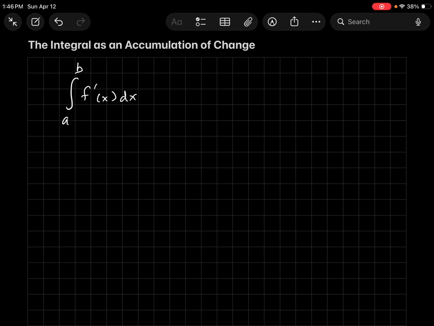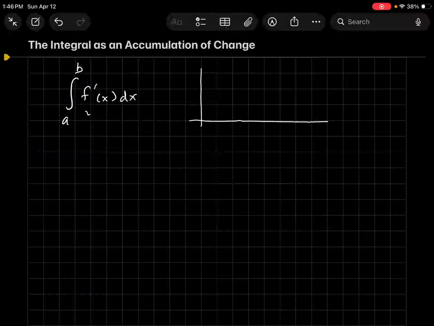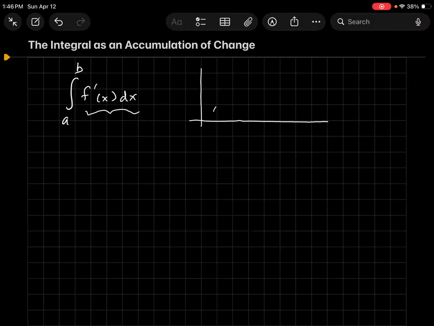The integral as an accumulation or amount of change. Consider the integral from a to b of f prime of x dx. The interpretations we've talked about in detail are as follows. It is by its nature a summation of very small things. As written, it is the summation of very small rectangles,